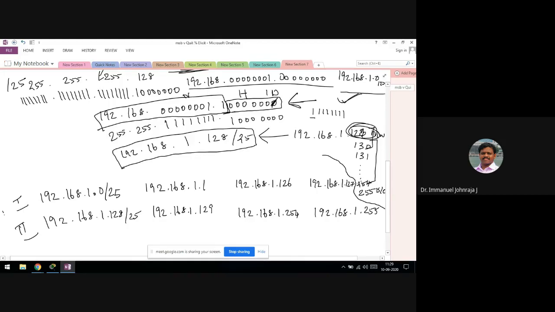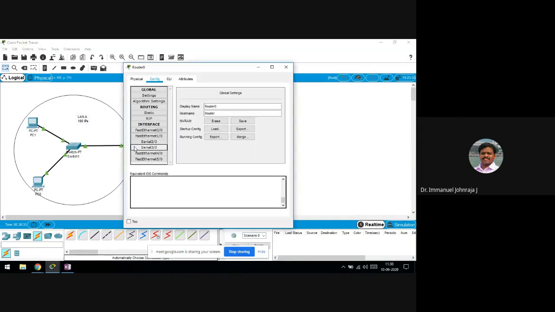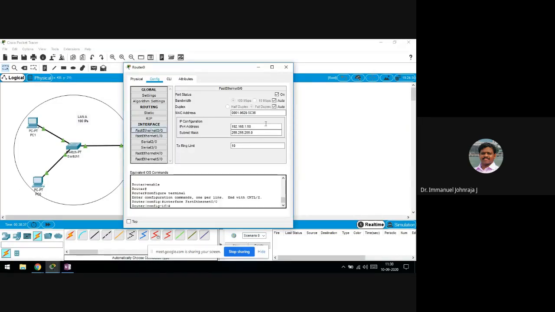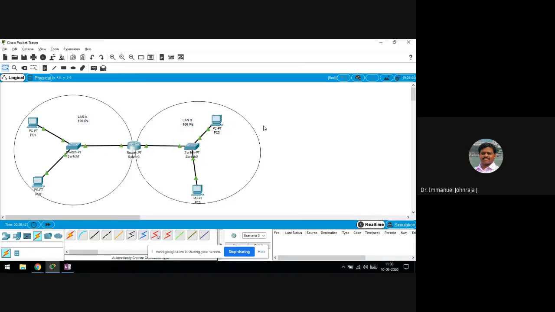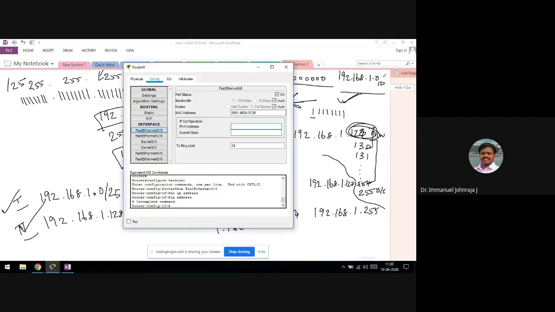All right. Now we have got two separate networks. This is the first network. This is the second network. Let's go back to our router and check whether that person is comfortable now. So I go to this router, to the fast Ethernet interface. I give an IP from the range 1 to 126. Maybe 1.37. Yes, 1.37 is well within 126. For this, shall I give 1.160? Yeah, 160 is between 129 and 254. So 37 and 160 we are going to give.